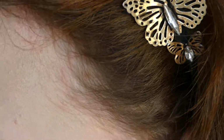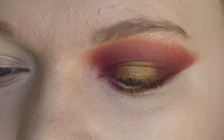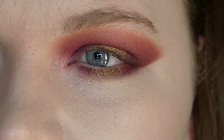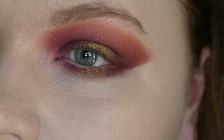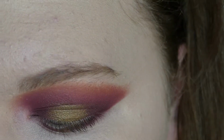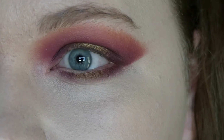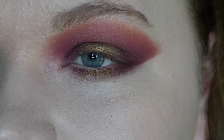This palette doesn't actually have a highlight shade, which is a little bit of a bummer, but that's the only thing I can say is wrong with the palette. They blended out amazingly, they are gorgeous and creamy, and I cannot fault them whatsoever. So I am just going to pop some eyeliner on, and I'm going to pop a pair of falsies on,